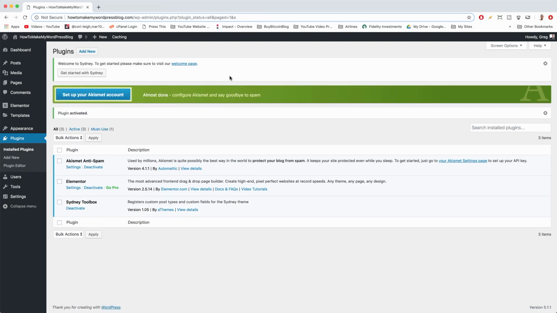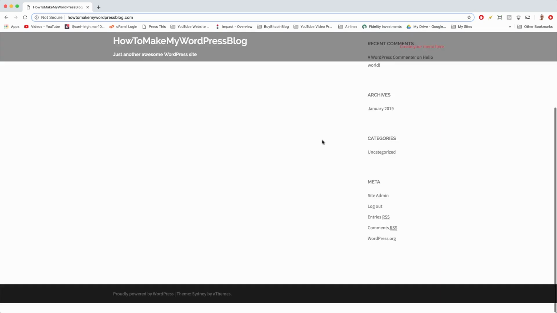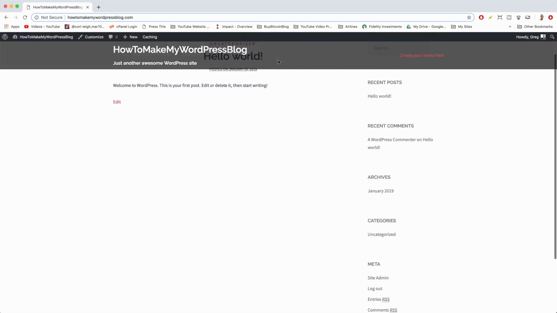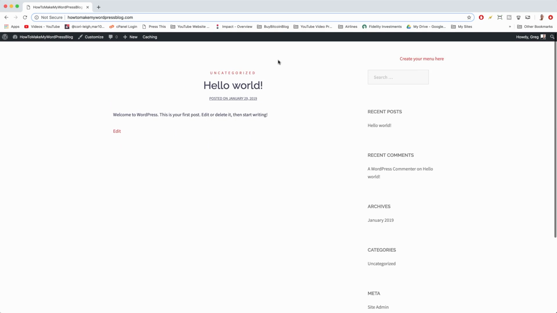Very cool, and now you probably can't wait to see what we made. All right, so it looks cool, it's different. We have this transparent disappearing header. Unfortunately, it doesn't look anything like the Sydney demo sites, which you can find at